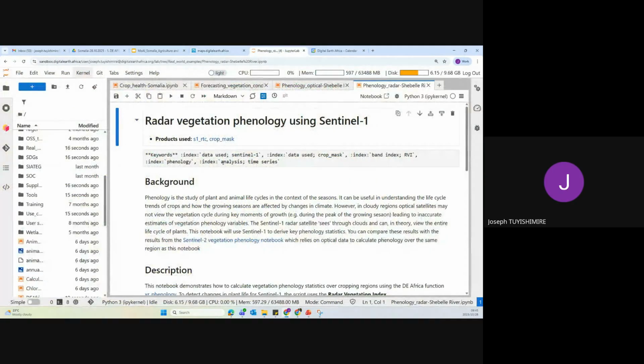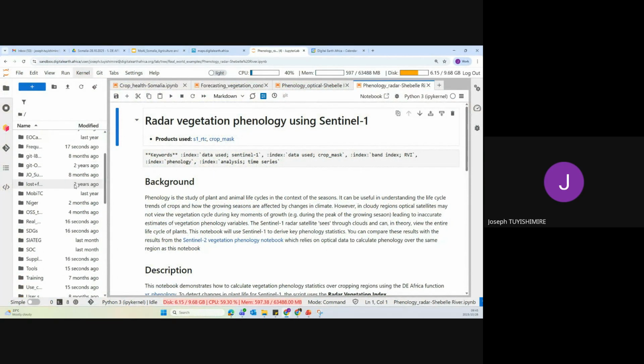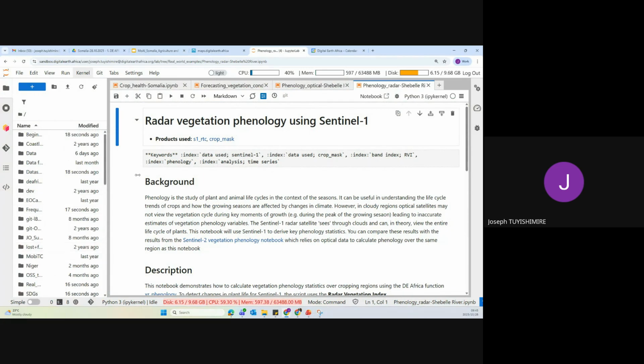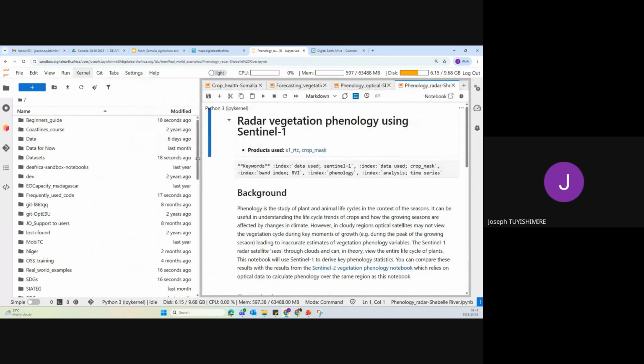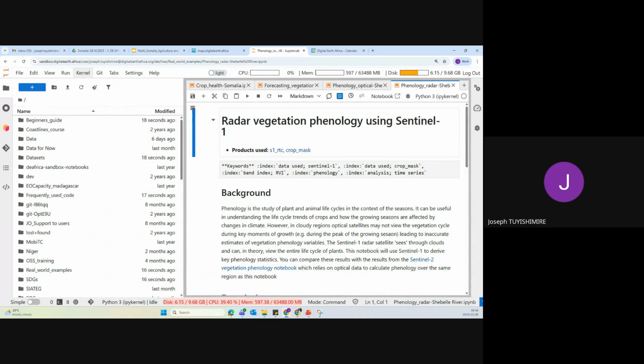If you are able to enter into the sandbox, initially you create a sandbox account. As I said, when you enter into the sandbox, please ignore all these folders in my sandbox account.